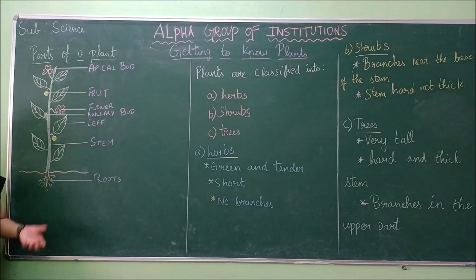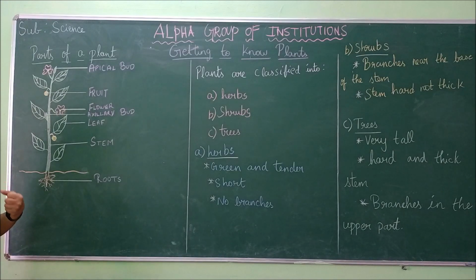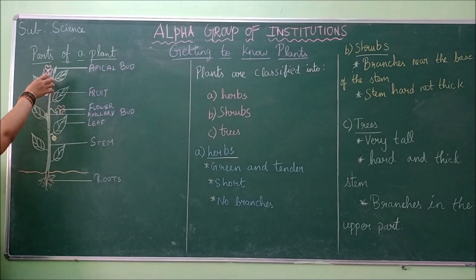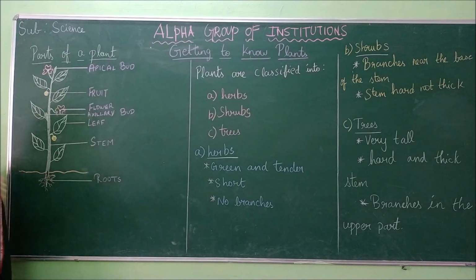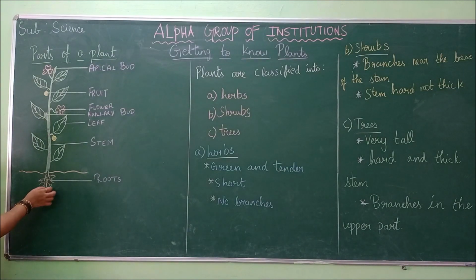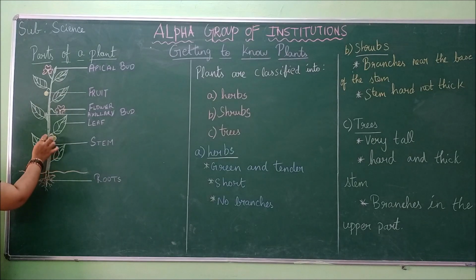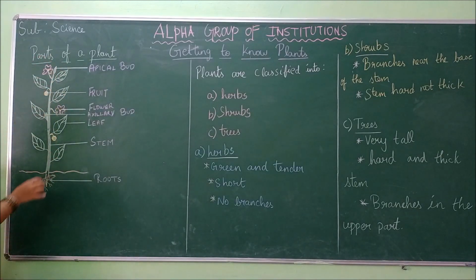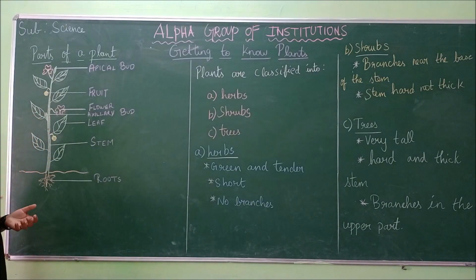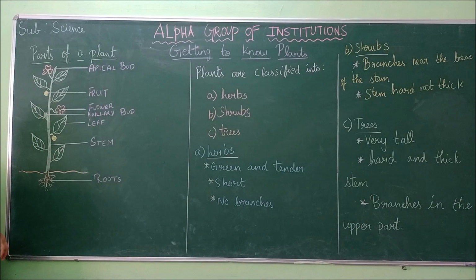Stem is also the same thing. It will give balance to the entire plant and it will be conducting all the nutrients through the stem only. Imagine the stem is like a tube. What happens when water is passed through it? It will just go on like that and it will get passed through all the leaves. So the stem is like a tube. It will transport all the elements to various parts.